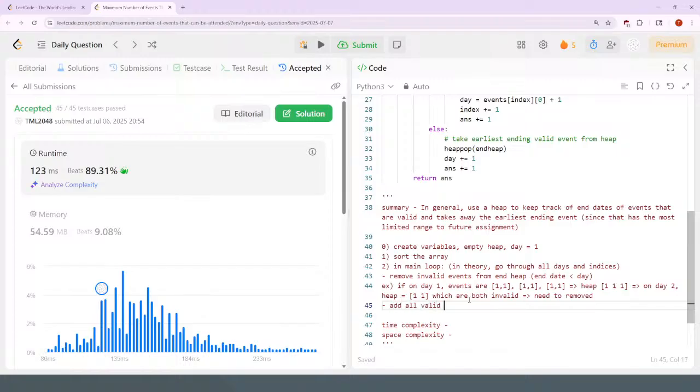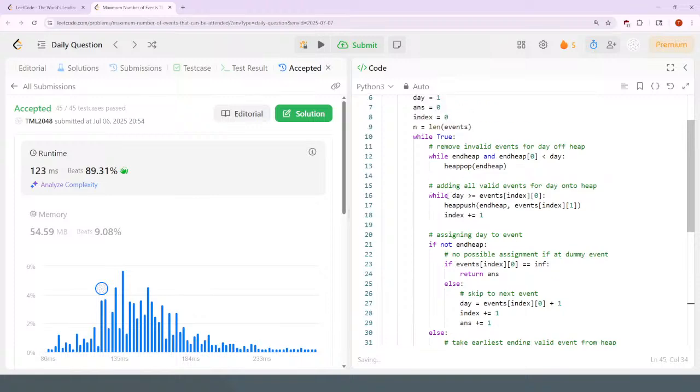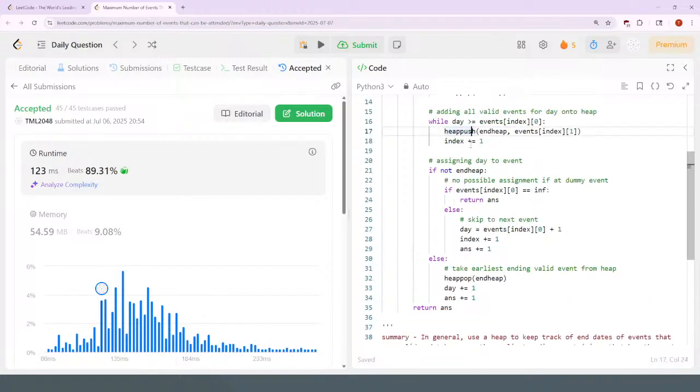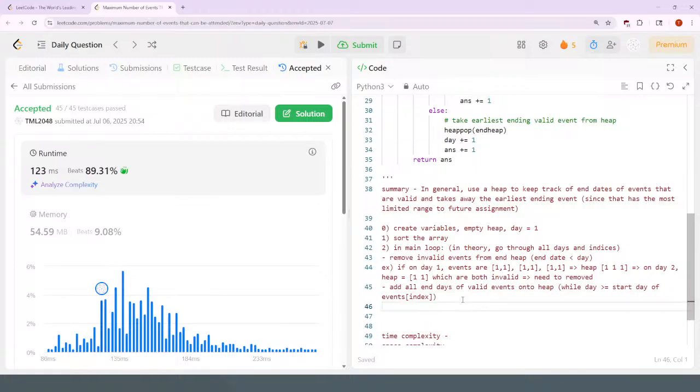Add all valid events onto heap. So that was this thing right here. While the day is greater than or equal to the start day of events at index, add all end days of valid events on heap. Look at that. Add the end date, increment the index to the next index, and then